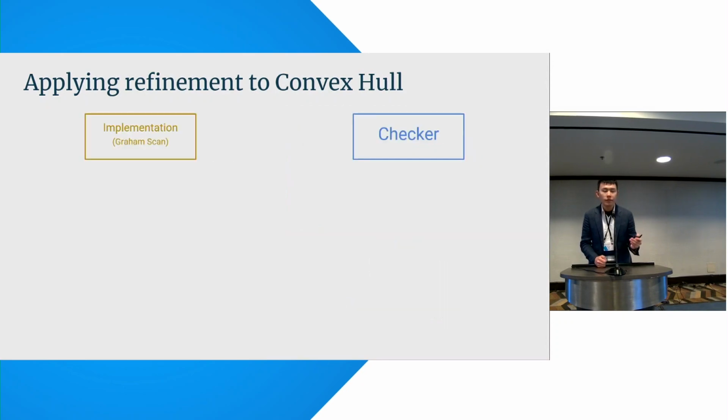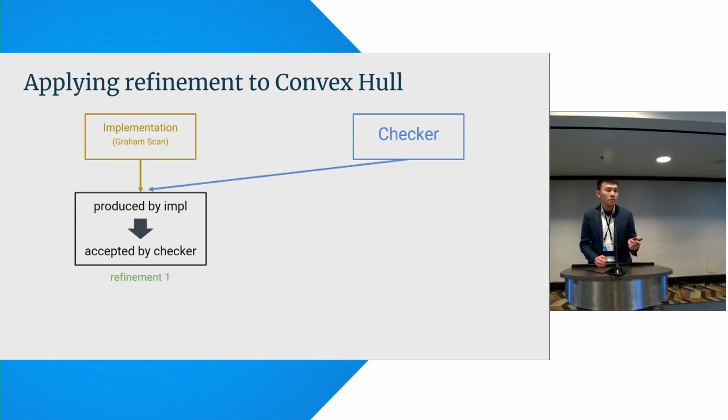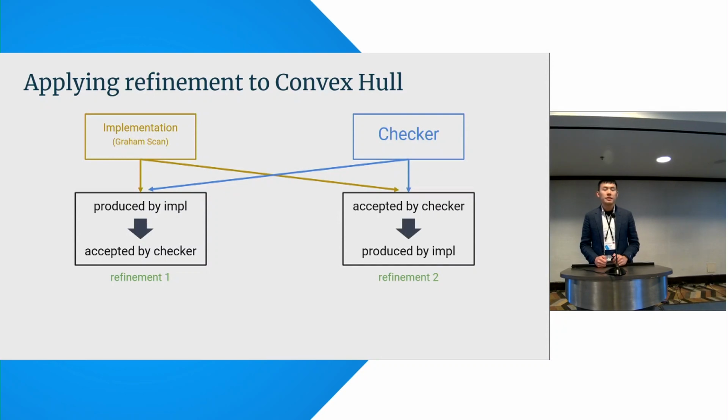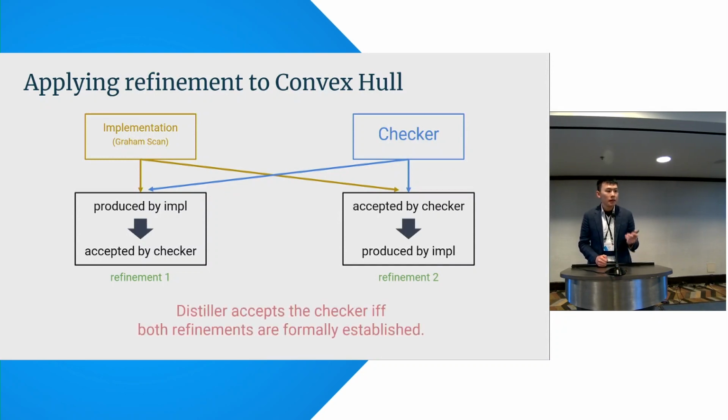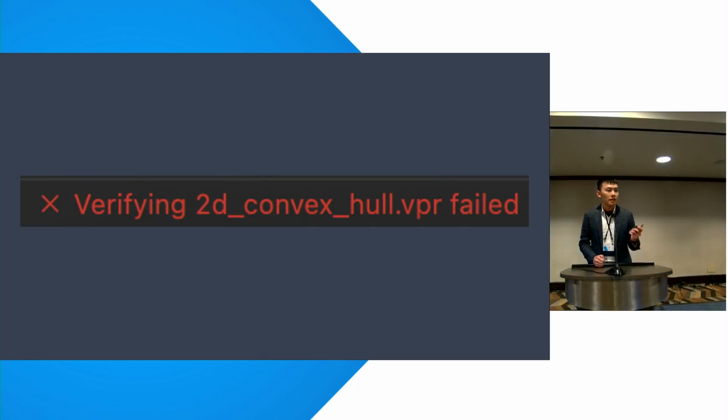As I described briefly earlier, this refinement is bidirectional. In direction 1, we need to show that everything produced by the implementation is always accepted by the checker. In direction 2, everything accepted by the checker will always be produced by the implementation. DeStefano accepts this checker if and only if both refinements are formally established. And we do so by writing them into a verification language called Viper. We then run Viper and